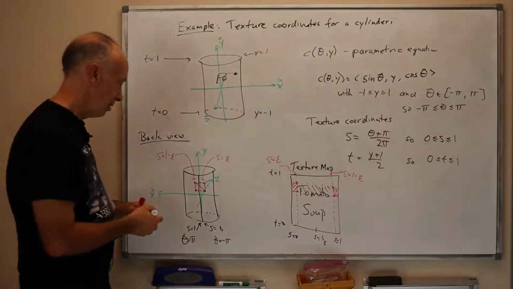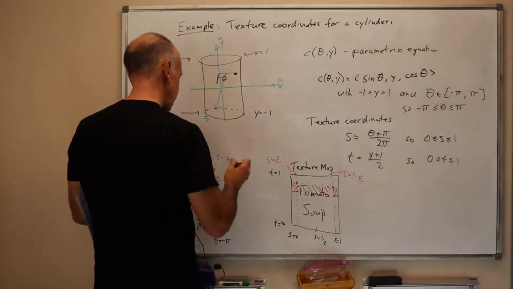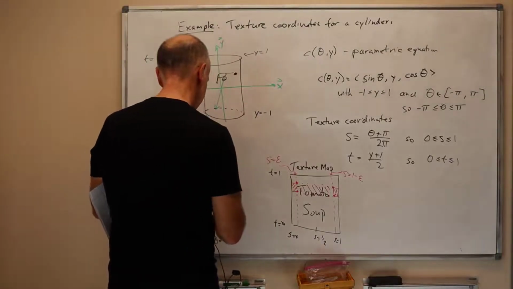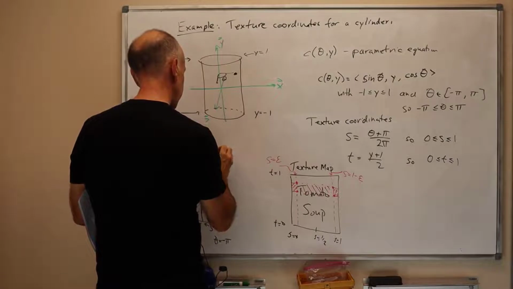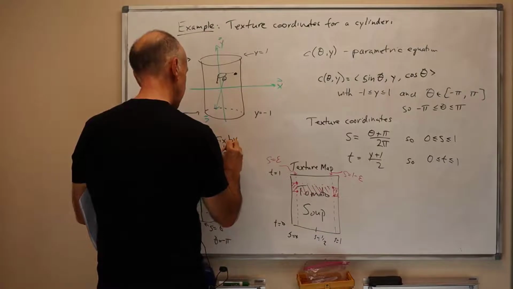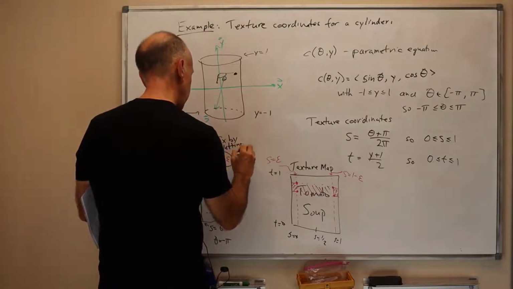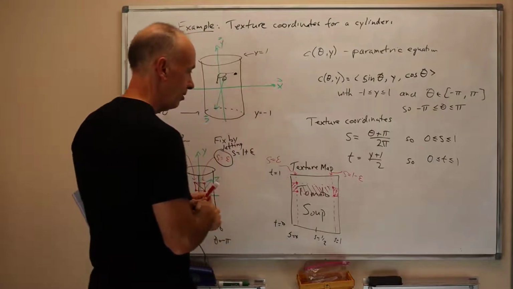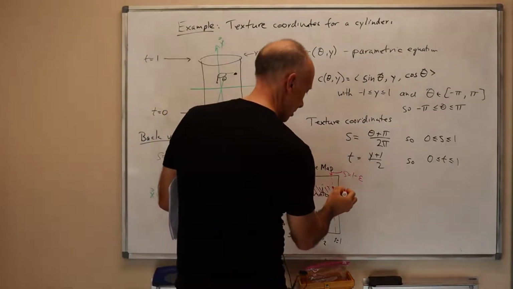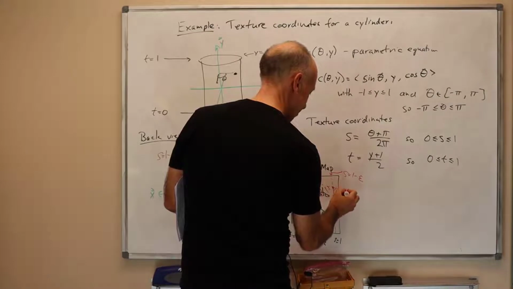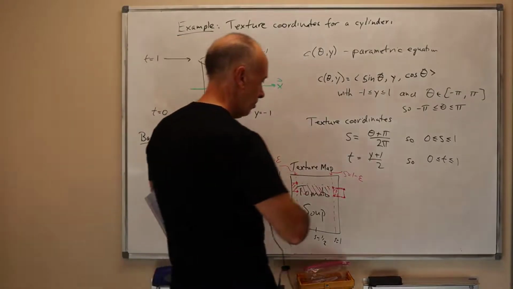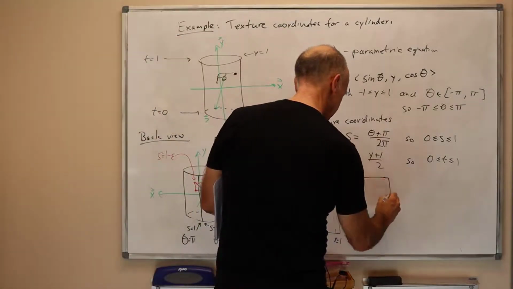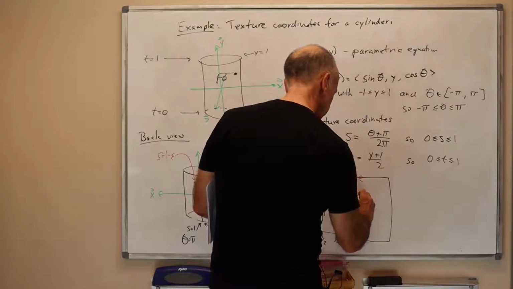So the fix for this is I'll switch back to black here. So the fix, by letting s equal 1 plus epsilon. So where's s equals 1 plus epsilon? Well, it's here, right? And so what we're doing is we do what's known as wrapping. We wrap the texture map. So here's another copy